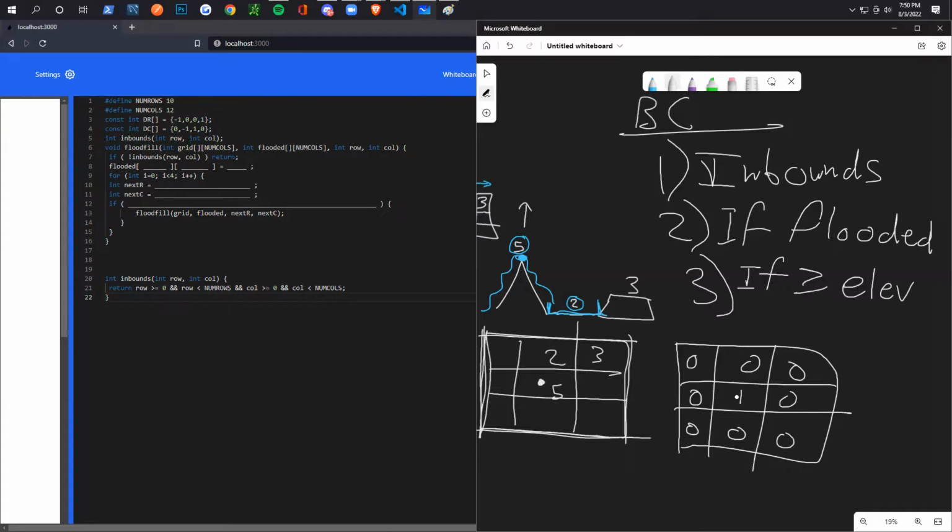And the whole idea of doing that is when you end up recursing to another square, if you don't mark this as flooded before you go, what's going to happen is it's going to go this way, then you're going to see your neighbors and you're going to say, oh, I can check all these directions. So we know we're not going to go this direction. We can end up going this direction, but let's say first, instead of checking those two, we end up,